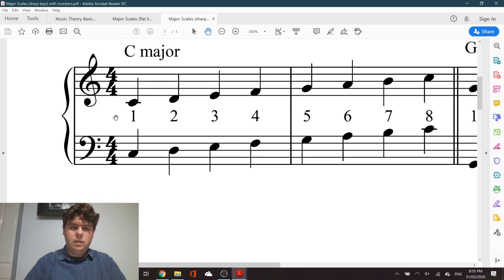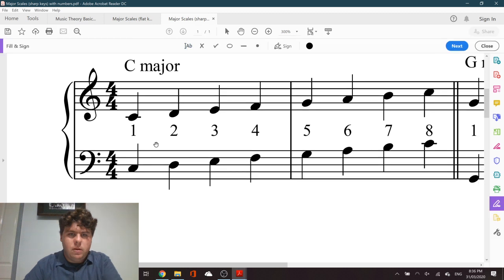So, let's use C major here as an example. If I understand you correctly, Pete, the pattern being the distance from one note to the next in a major scale. I don't think I can write on this PDF to show you. I'm not going to try and write on it, but in a major scale,